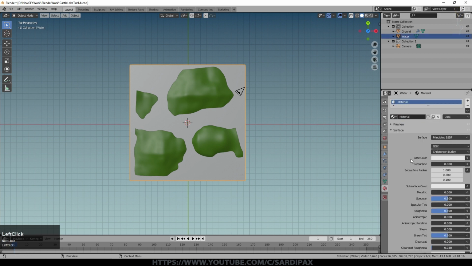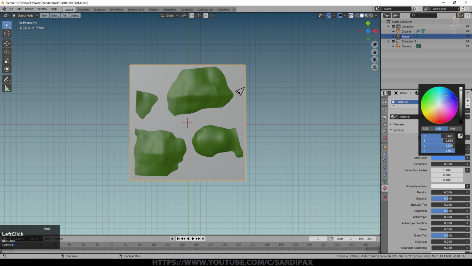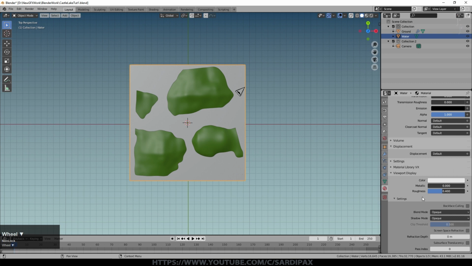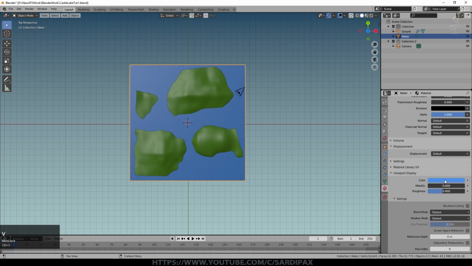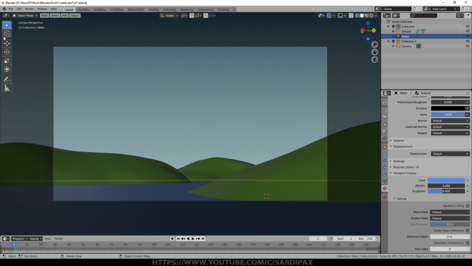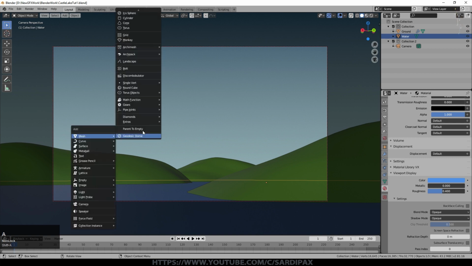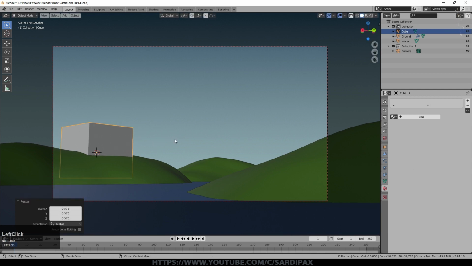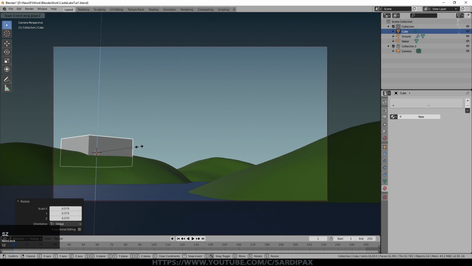Let's give our water a basic material just so that it's obvious what it is. And Control C while hovering over a colour, by the way, to copy it, and then Control V to paste it there. So let's build our ruined castle, or at least a quick representation of one. So just put my 3D cursor there, and we'll apply a simple cube. Cube's nice and easy to represent the castle, and it needs to be buried slightly in the ground.